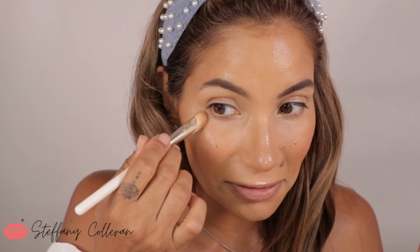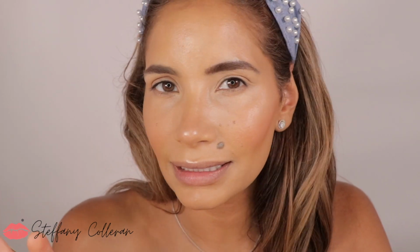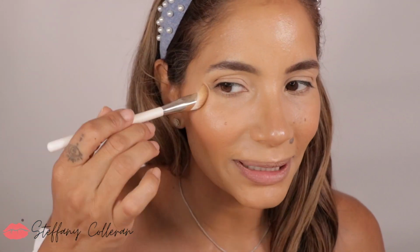I'm gonna be honest, I really didn't have much expectation for the highlighter. If anything, I was like, let me pick one, because I'm normally not too crazy for liquid highlighters. If I had to rate makeup types, highlighter would not be in my top 5 products. I feel like even a shimmery blush or a shimmery bronzer, I would prefer over a highlighter if I had to pick one or the other. I do like highlighter, you guys, but you know,